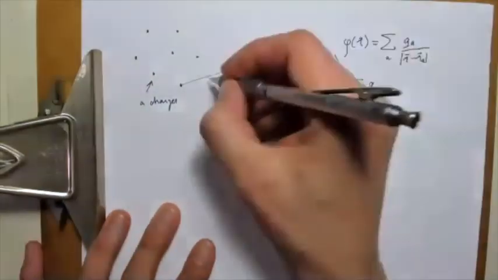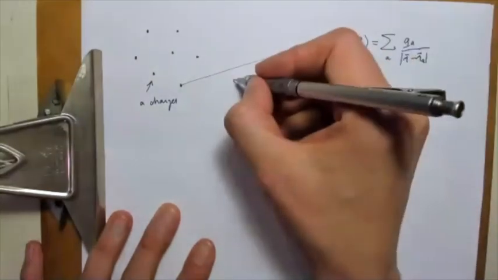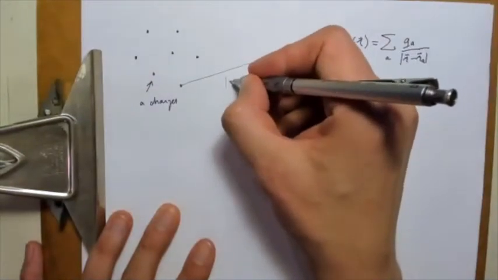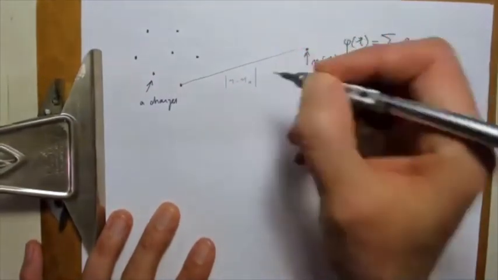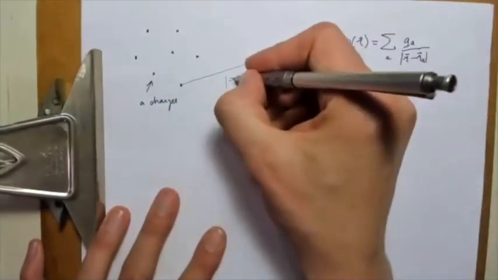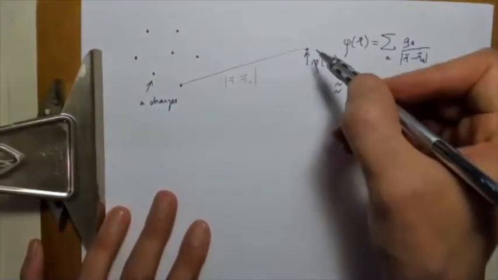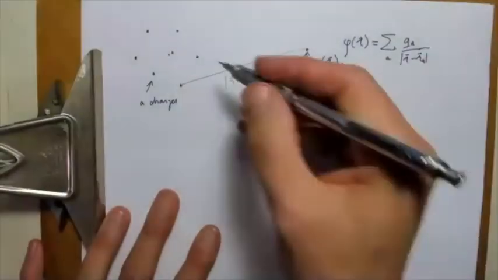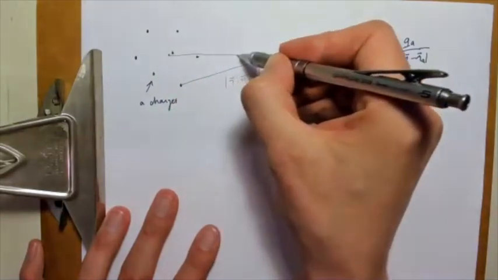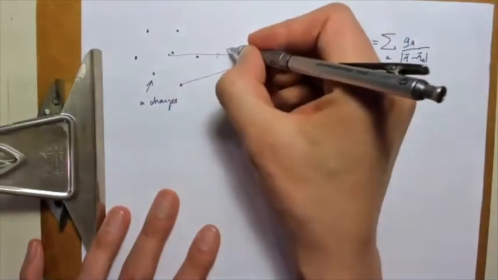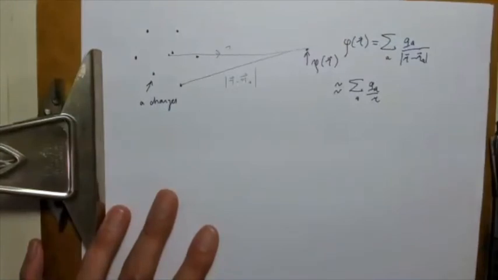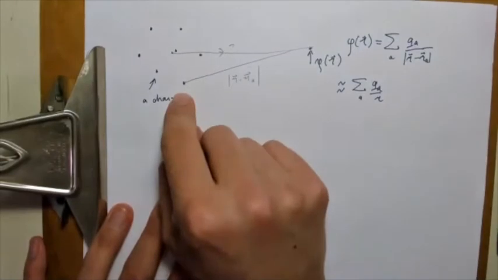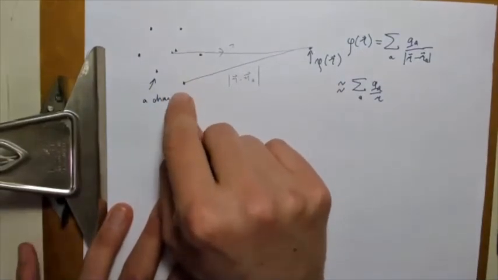Okay, so this is R, and then RA. Yeah, so this is the actual distance R minus RA. And let's say that we measure R from the center, right? So this is R. Then what we can do is we can say, as a second approximation, we can say, well,